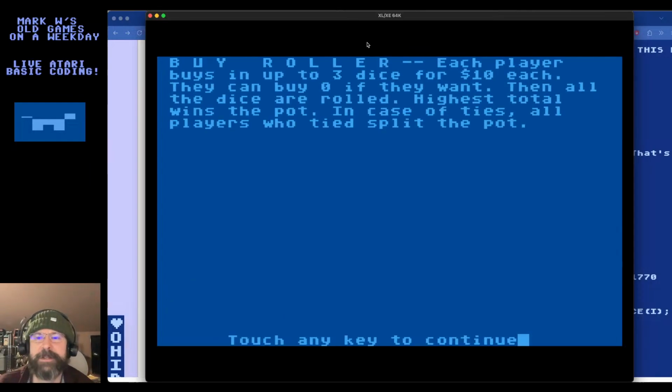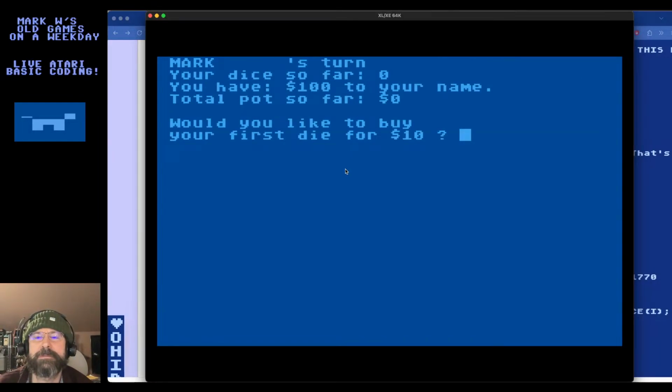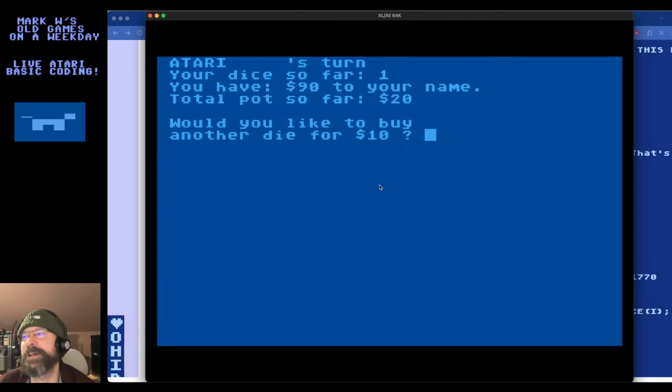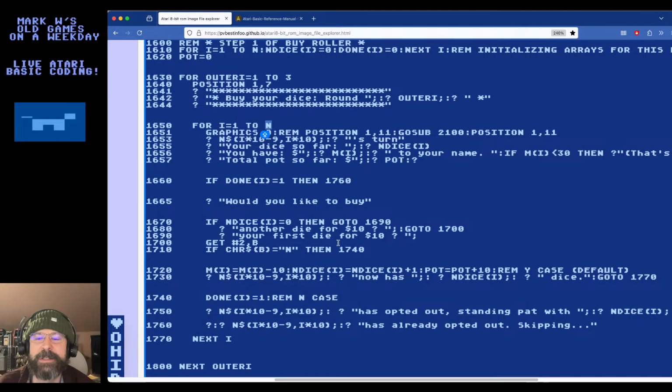So we're testing it again. All right, I have my logic a little bit off, but it's not terrible. I think it needs to wait before clearing, if it's going to say that Atari now has so many dice. So I need to make it wait a moment and print that on the next line. Okay, I had to start taking notes here. Print on the next line. No, actually, I got it all in my head.